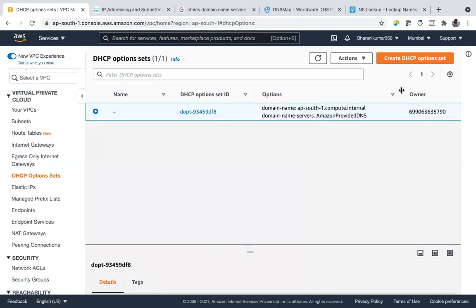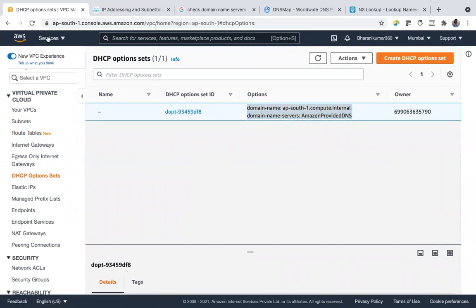And what it's doing, it assigns a DNS name, which is this. If you see, it will have ap-south-1.compute.internal. All the DNS names will have this. So this is the DNS name.